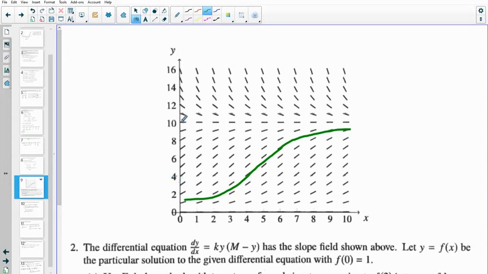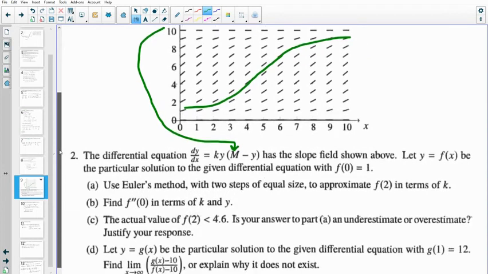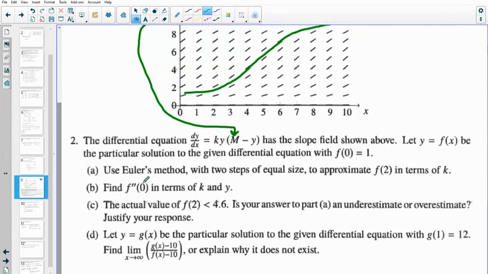And also, I don't really like this. I think on an AP test, they would tell you that there is an equilibrium solution at y equals 10. Here, we're just going to have to assume it from the graph that this is actually happening at a 10 and not 10.2 or something like that. I think if this was an actual AP test, they would be more explicit about stating that. But in any case, we're going to use that information to say that, well, since that is where the equilibrium solution is, that must be my carrying capacity, which I can plug in for that value. Let's see, aside from that, I guess f of 0 equals 1, that's a pretty significant thing